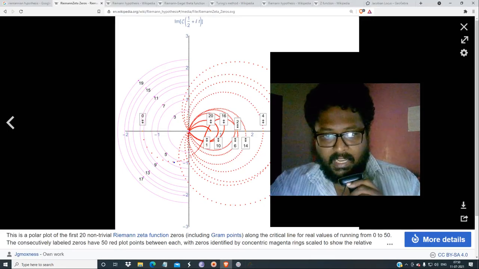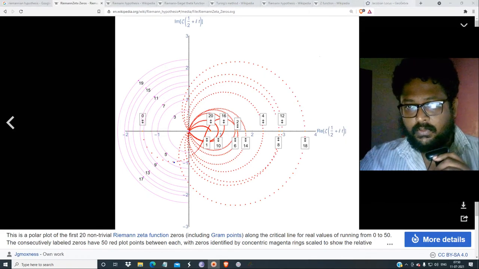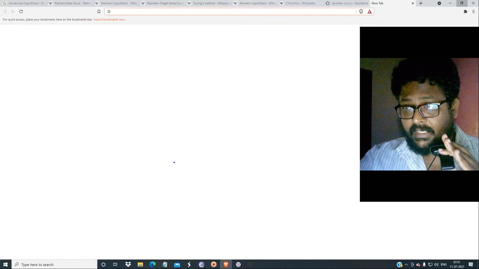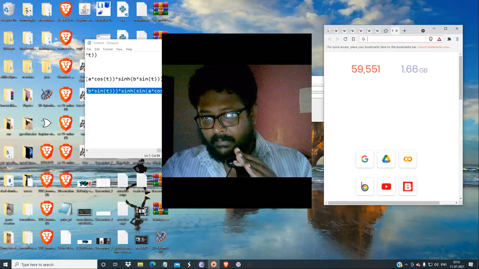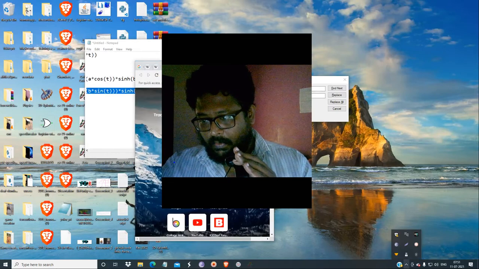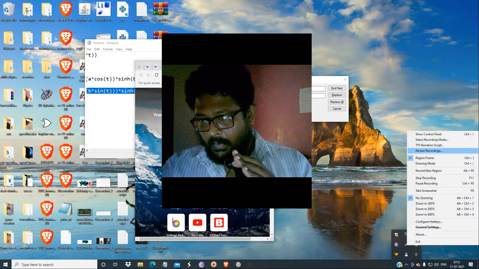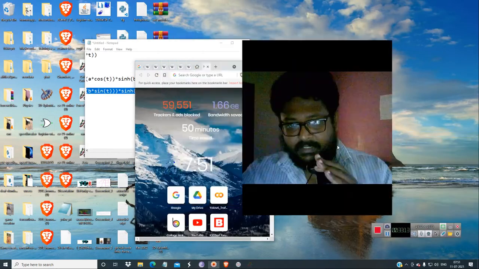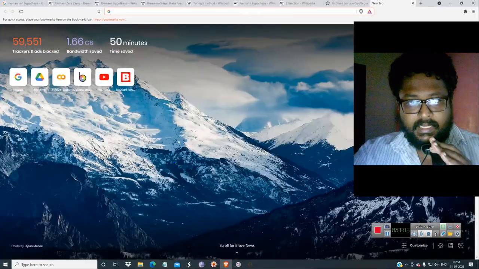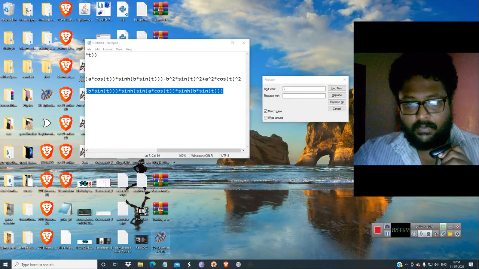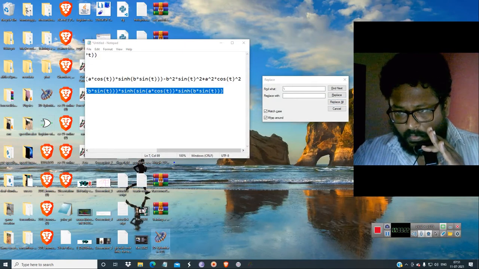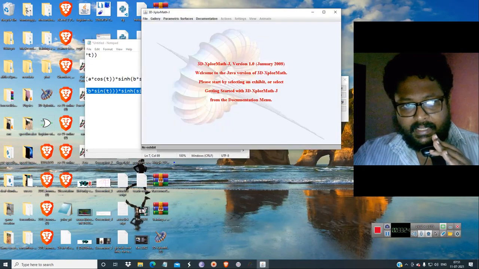Then I have to tell you about the gap between these numbers, all those things. So this is the higher insight that I can give you in the conformal mapping and Riemann zeta connections. These are the connections that I can give you. Then the last one is the stereographic projection. It's stereographic projection for any complex number, not only for Riemann zeta functions, for any complex numbers you take.